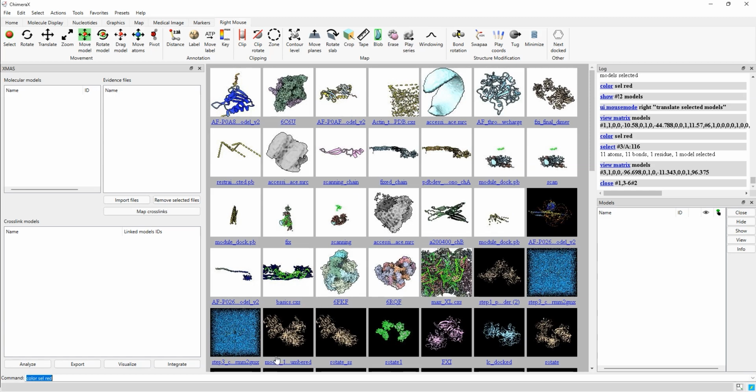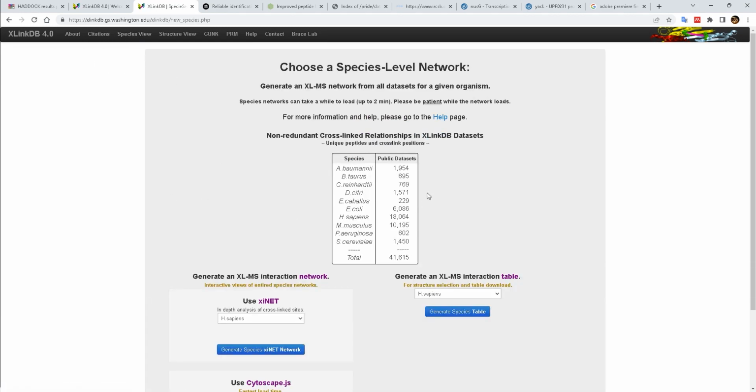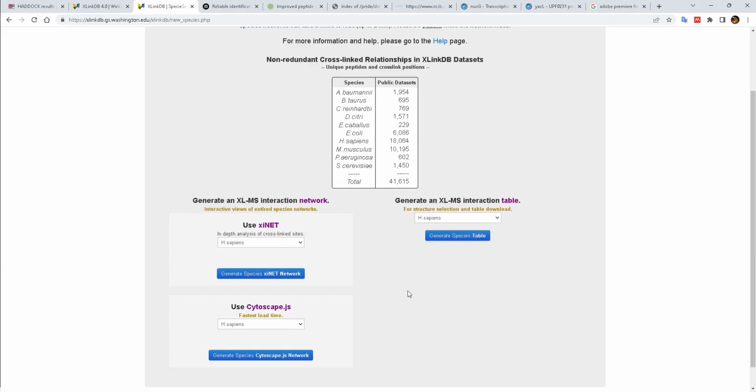To do this, I will give you two examples in this first video. We will look first into this Xlink DB. This is the 4.0 version. This is a wonderful resource curated by the Bruce Lab. What you can do here is, for example, a species view, and you have several species here with different data sets that are all publicly available, but here they are completely annotated. You can